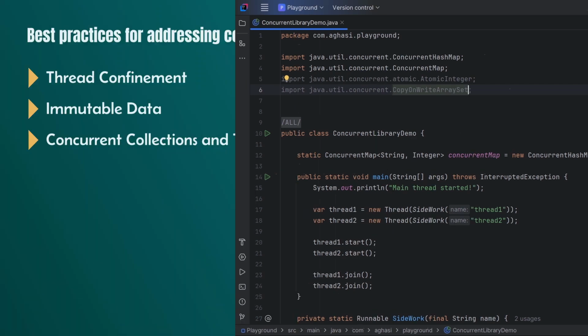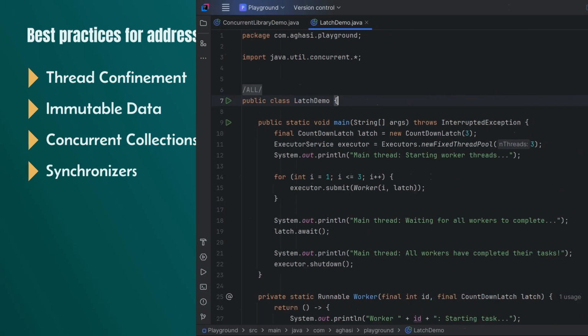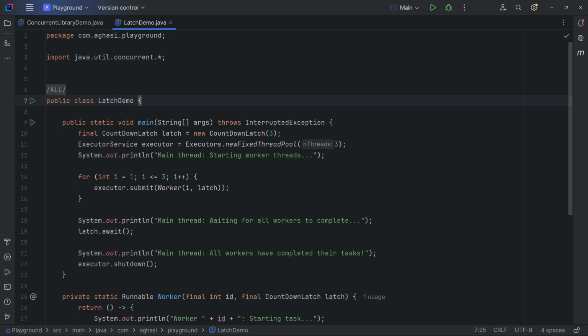In previous parts, we learned about the synchronized block, which is a synchronizer. A synchronizer is simply an object that controls the execution of threads based on its state. There are other synchronizer classes in the Java library that could be handy in specific situations. Let's briefly review some of them. In this example, we review the usage of the CountDownLatch synchronizer. A latch is a synchronizer that can delay the execution of threads until a specific state is reached.